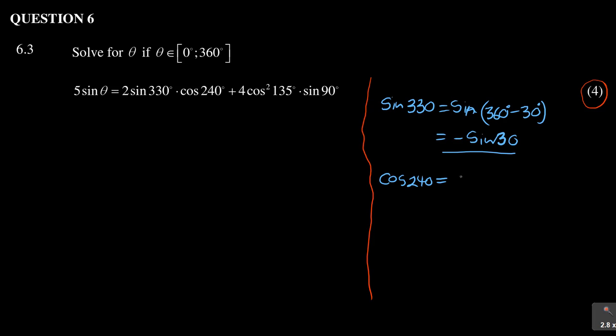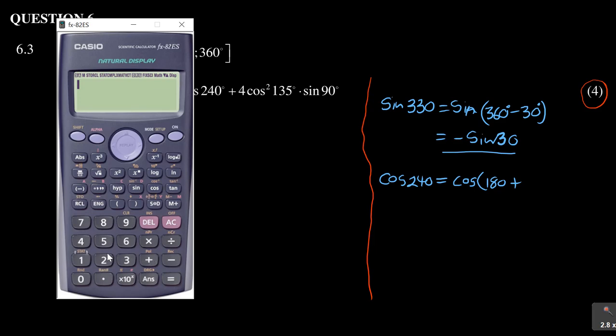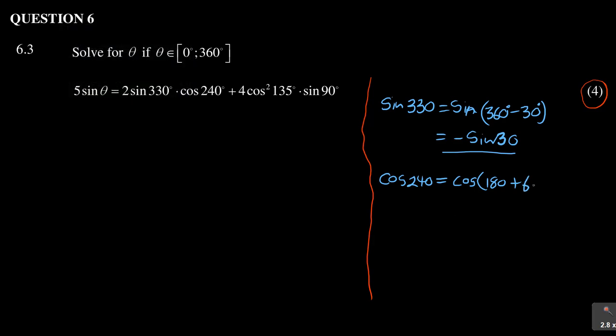So this is the same as cos of 180 plus, if you check with a calculator, 240 minus 180 gives you 60 degrees. So it's 180 plus 60 degrees, and in the third quadrant cos is negative, which is negative cos 60. So that is that. Then you move on to cos squared 135, which is 4 there, but you can focus first on cos